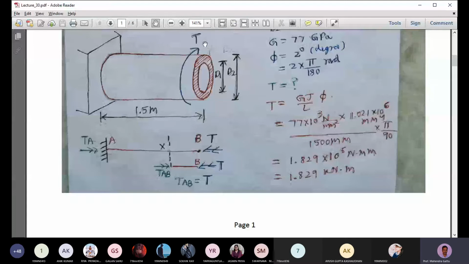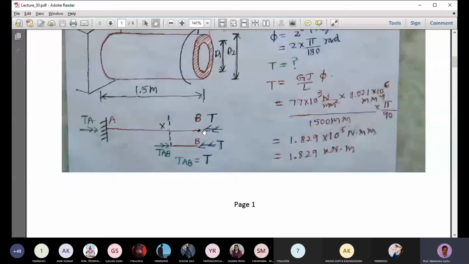So we will use this notation because it is convenient for solving the problems. Okay, it will make things easier. So we'll adopt this convention here. So this shaft, which is fixed at A and free at B, we are twisting it at B here by this twisting moment T. So there will be a corresponding reaction produced here, and that corresponding reaction we are denoting by this double arrow, and this will balance this T. So TA will be equal to T. Okay, because this shaft is in torsional equilibrium.